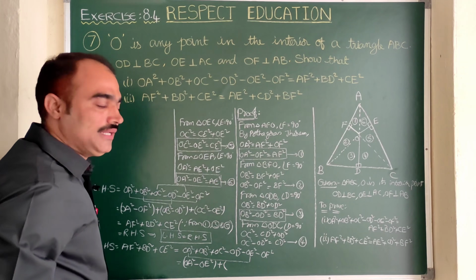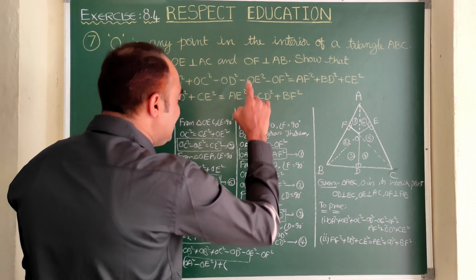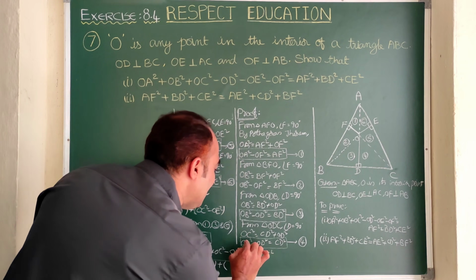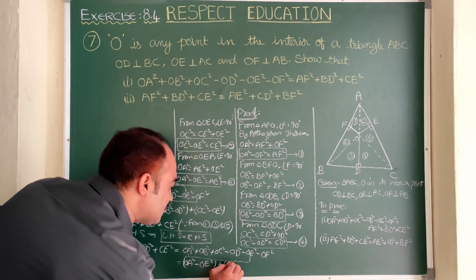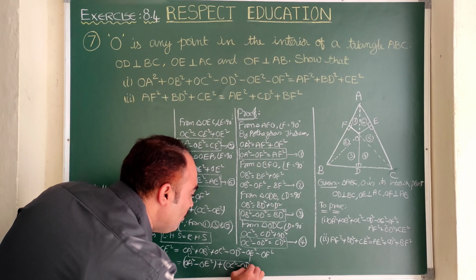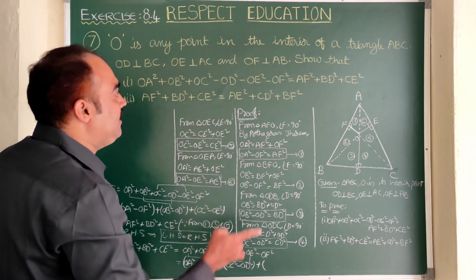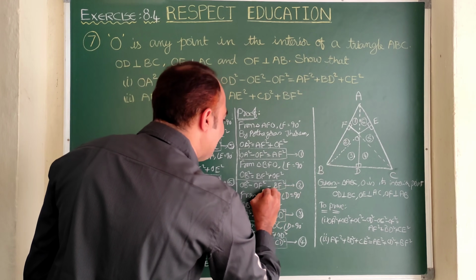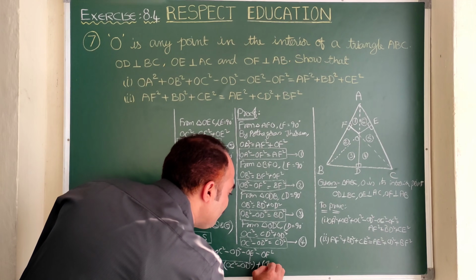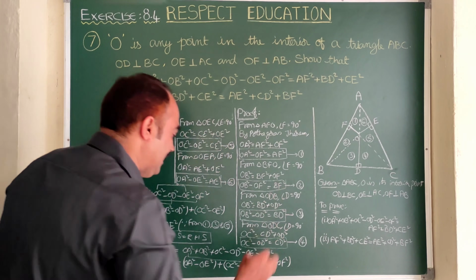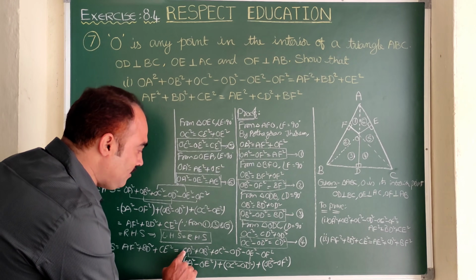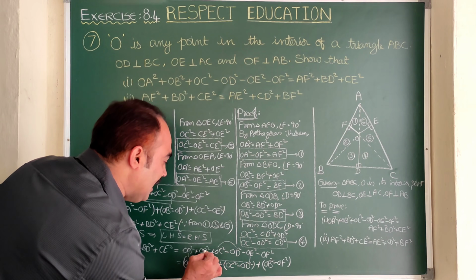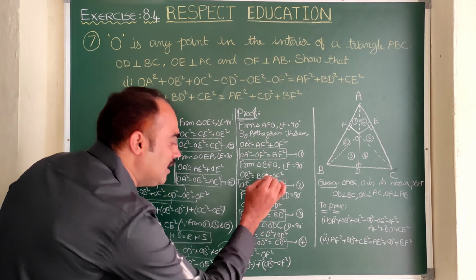Plus. Now here the second one, CD square, is required. Where is CD square? From equation 4 you see, we can say OC square minus OD square. Let us write this OC square minus OD square, plus, and here we need one more, that is BF square. BF square, yes, the second equation gives us OB square minus OF square, right? See, simple. I have written OA square, OE square together, and OC square, OD square together, and OB square and OF square together.